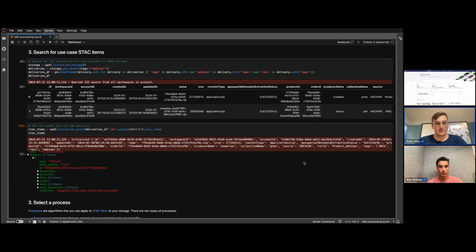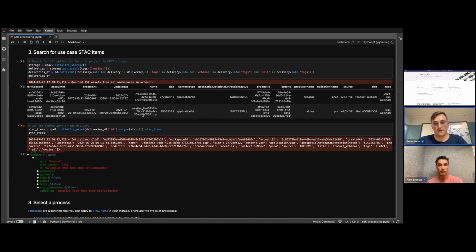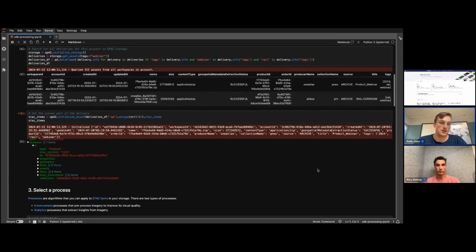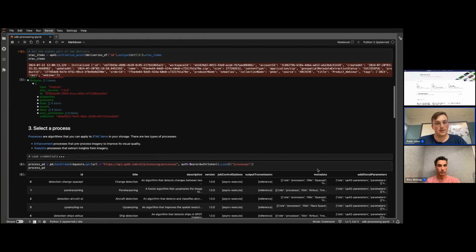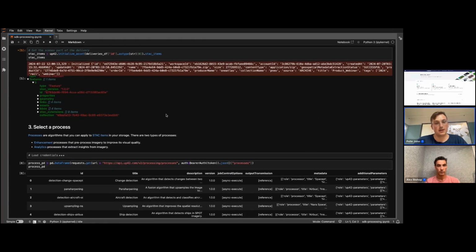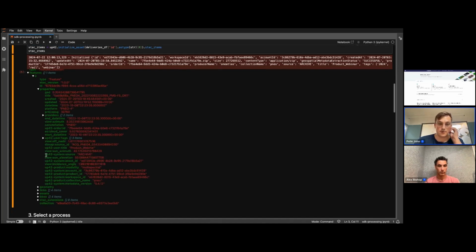Once I found these respective deliveries, I look a little bit more into the respective metadata. And here you can also see the stack items for these respective deliveries from 2 orders being returned. And you will also have all the respective information around it. These are the standardized stack information, so they are applicable also in other fashions. So here you can see the feature list with the respective geometries, and I think my cursor will open it in a second. So you can see here all the properties we are standardized providing for all the respective orders